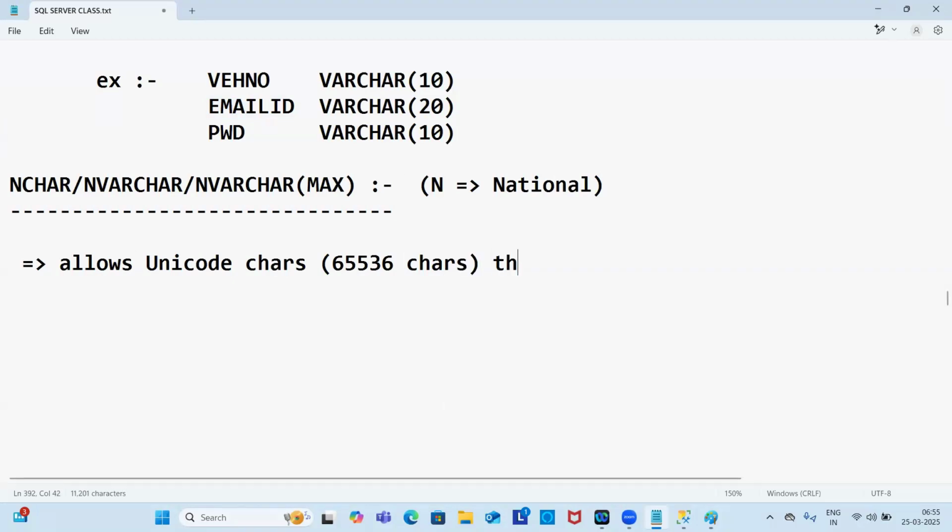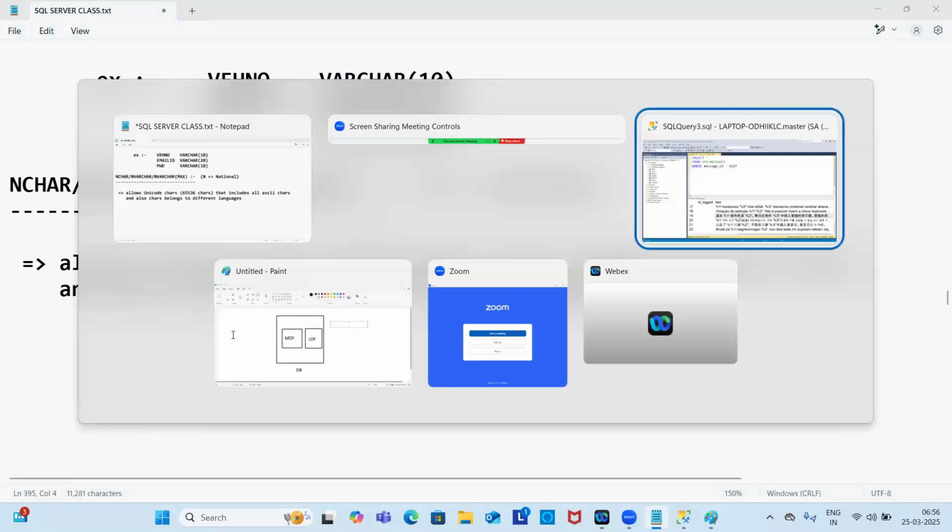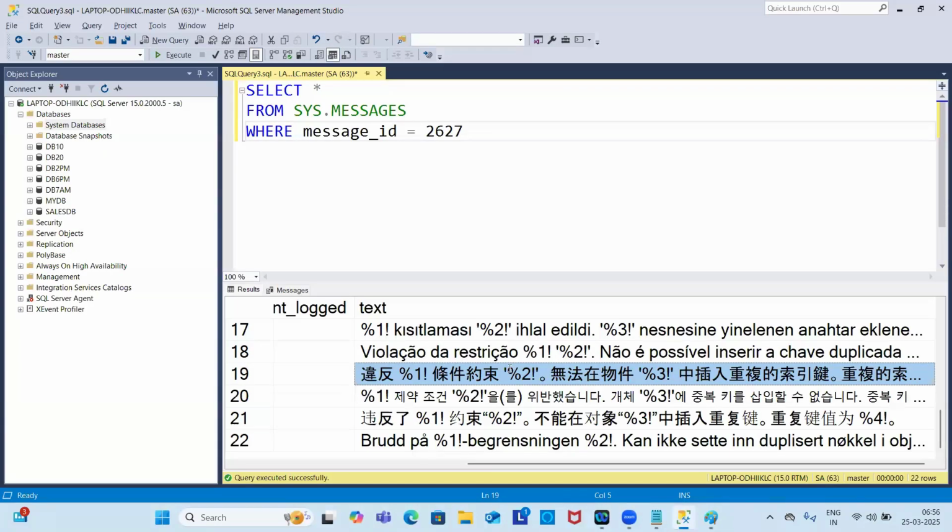What does that include? That includes all ASCII characters and also characters belonging to different languages. So if you want to store these types of characters in the database, then come